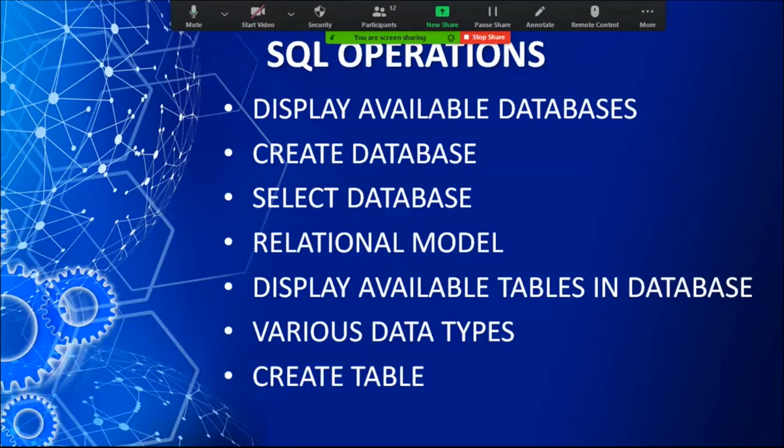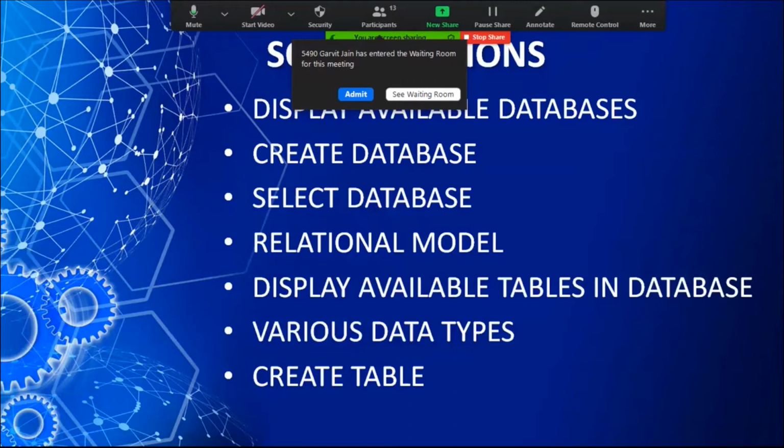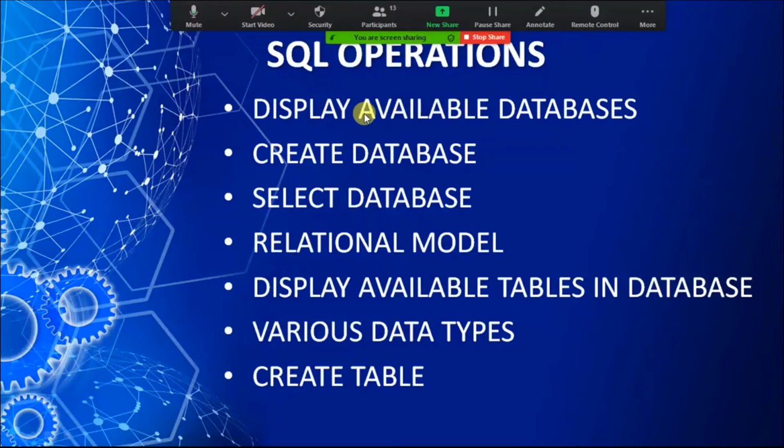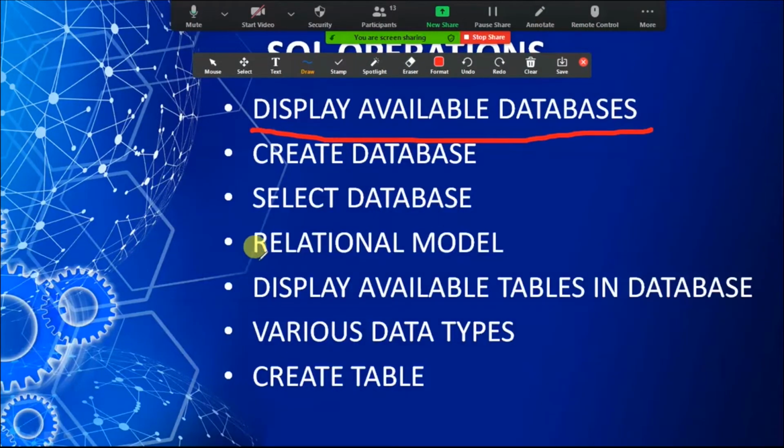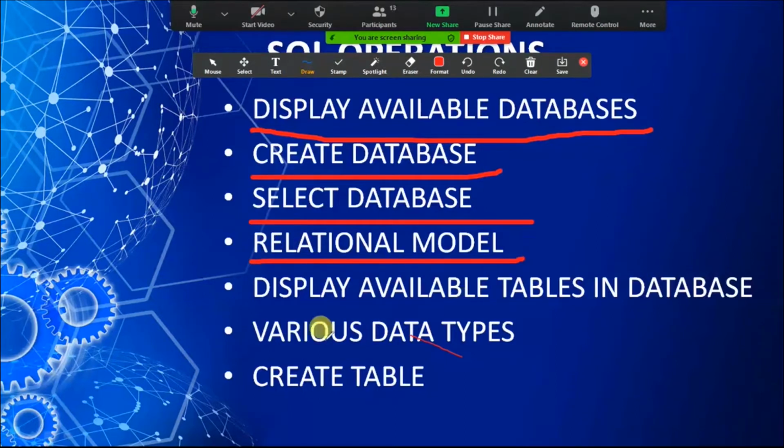But today, before discussing the creation of table, I wish to discuss the various data types used in MySQL. As you know, I have told you how to display available databases, how to create databases, select database, relational model we already discussed, and display available tables in a database.